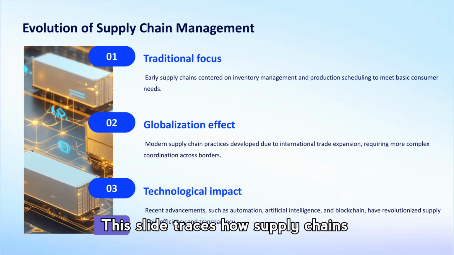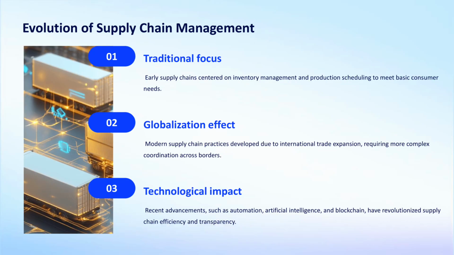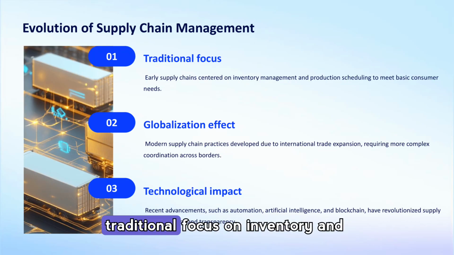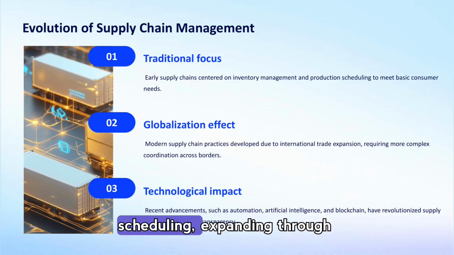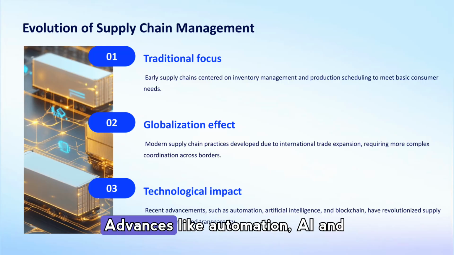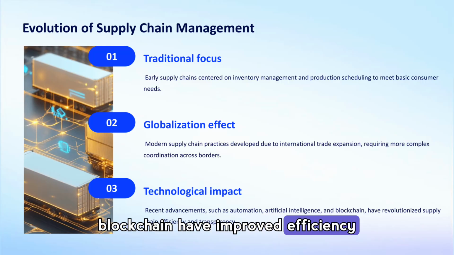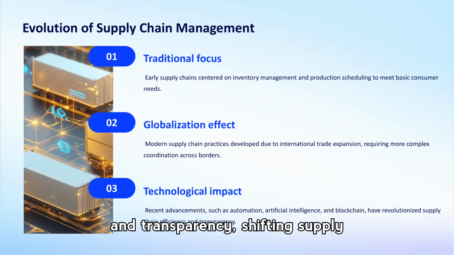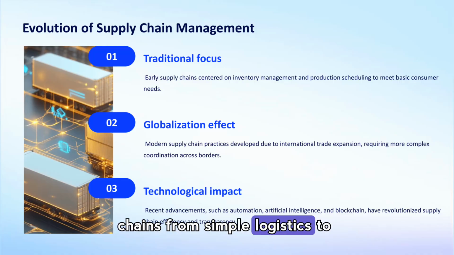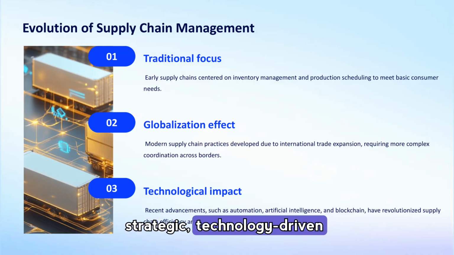operational resilience. This slide traces how supply chains have evolved, starting with a traditional focus on inventory and scheduling, expanding through globalization with cross-border coordination, and recently being transformed by technology. Advances like automation, AI, and blockchain have improved efficiency and transparency, shifting supply chains from simple logistics to strategic, technology-driven